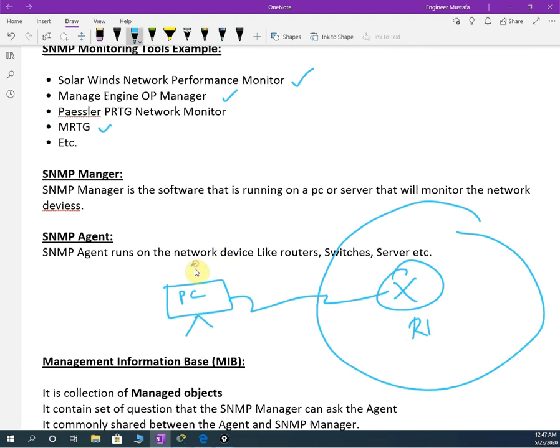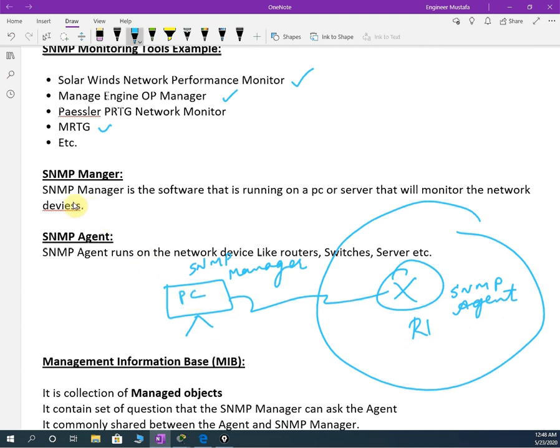So this one you can say is the SNMP manager, because we install the application here, so that application is running here. And we can say the router is the SNMP agent. Not only a router, we can have printers, PCs, as well as switches. All IP-based things, whatever we have, we can configure. So if anything goes wrong, we can get a message or email depending upon the configuration you configure. And you will also get it on this PC. So on this PC you can observe what is happening in your network.